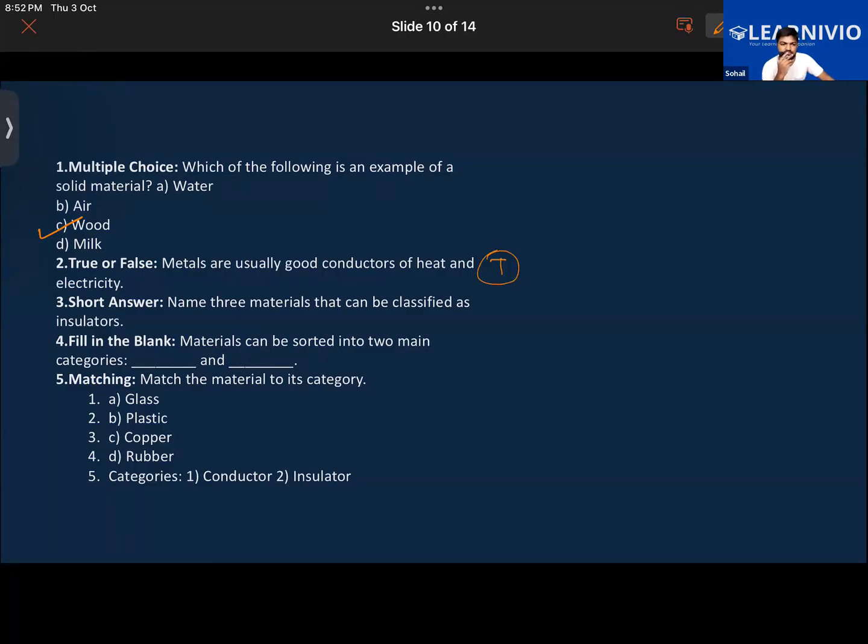What are insulators? Insulators are bad conductors of electricity. They do not allow the electric current to pass through them. Okay? Third, also,